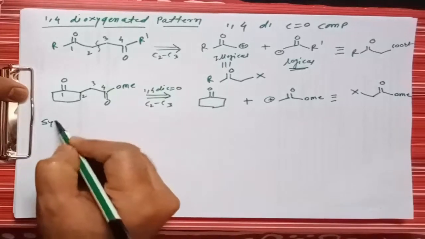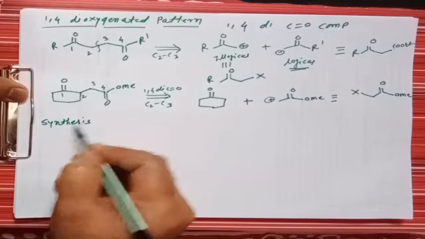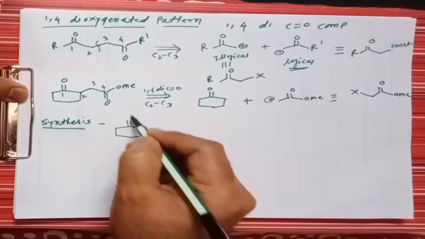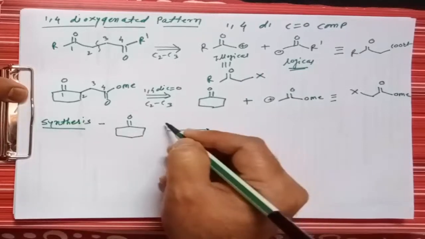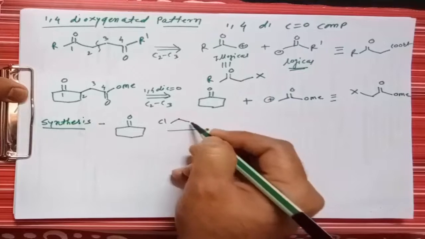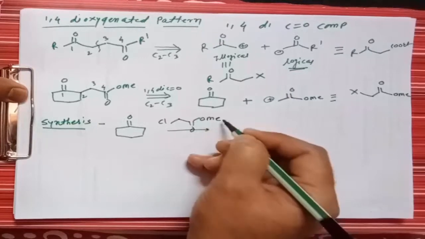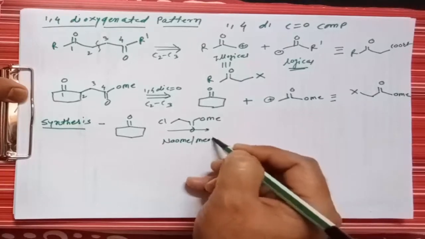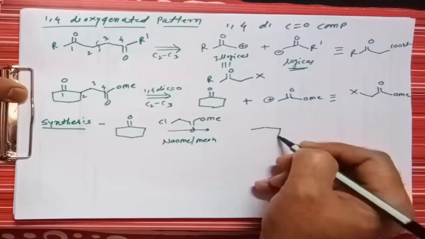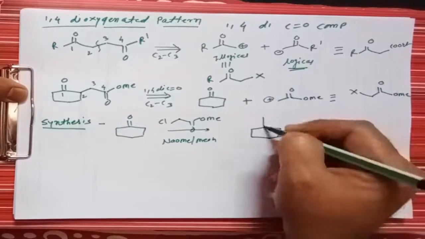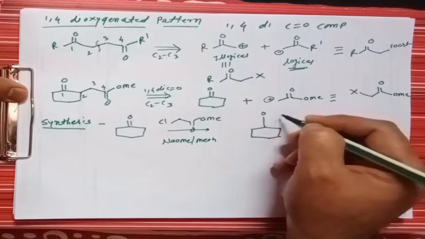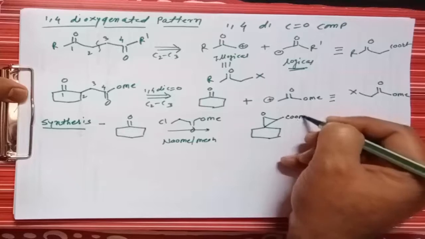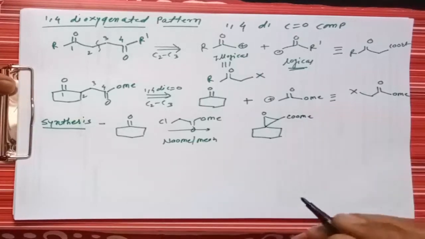But if you go for the synthesis of such type of molecule, then what happens, let us see. If you take the cyclohexanone, and treat this molecule with such type of alpha halocarbonyl compound, OMe, in presence of sodium methoxide and methanol, instead of getting the target molecule, it gives another compound, that is such type of epoxide. So it gives formation of a COOMe. So instead of the target molecule, it gives such type of molecule.